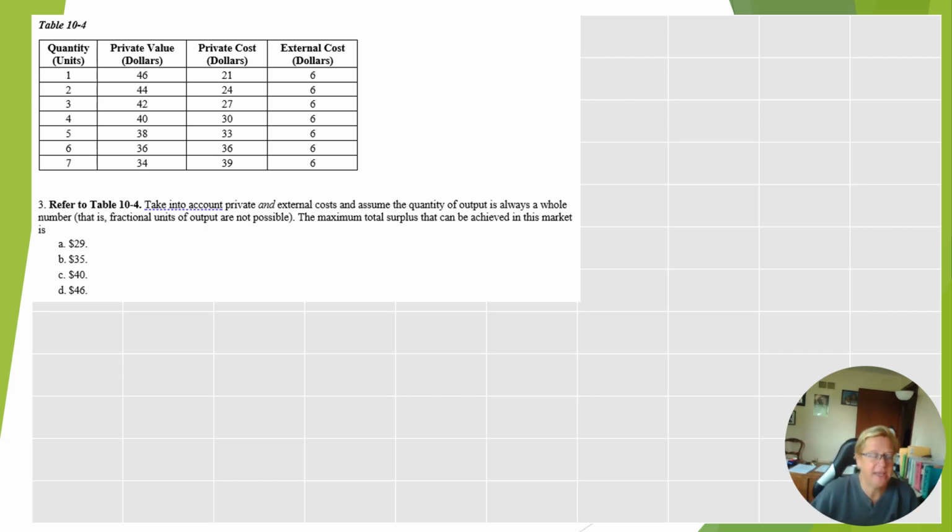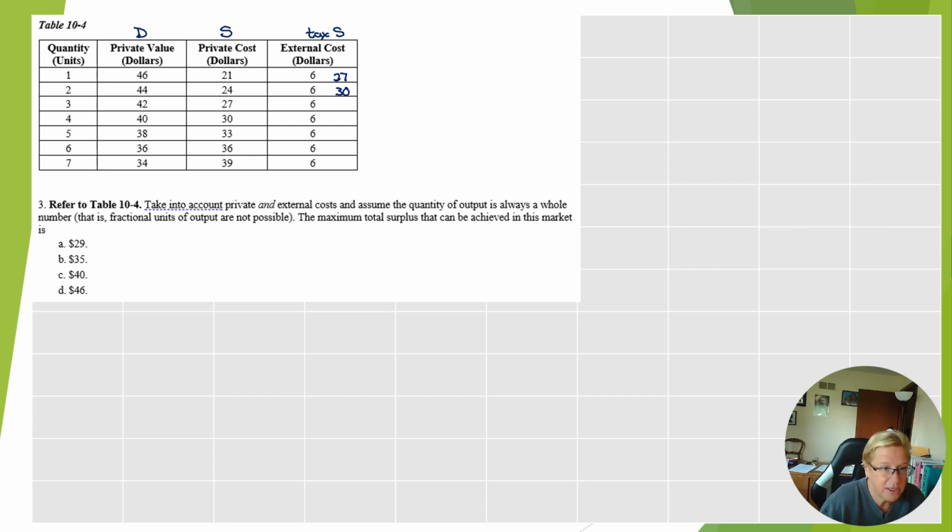Okay, so here we have another table. Again, first thing to recognize, private value is demand, private cost is supply. Here we have an external cost, so this is going to end up being a tax on the suppliers in the market to move us to the socially optimum. Again, the first thing I like to do is get an idea of adding these two together. Where are we at? So we have 27, we have 30,